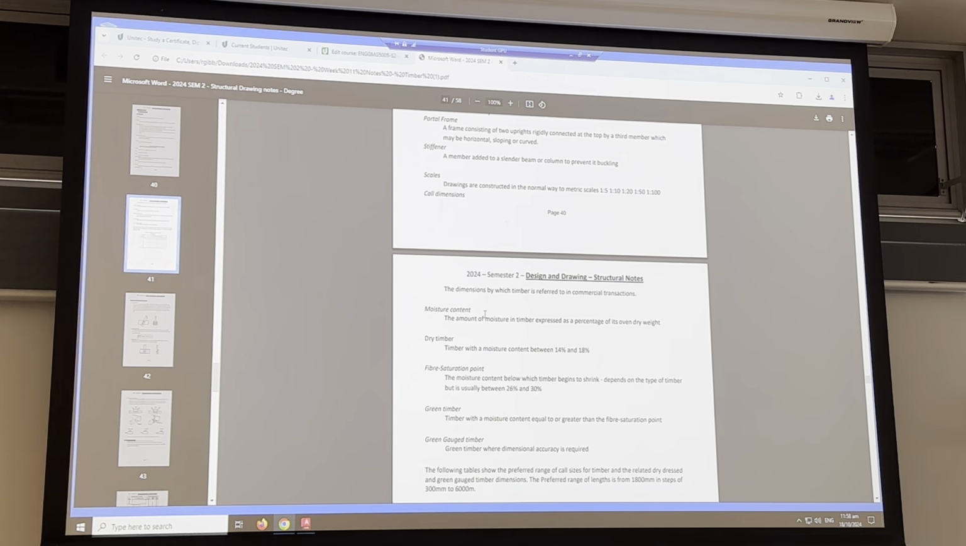There's also a question on moisture content and fibre saturation point. Now, moisture content is important in timber before you can put any coverings on it internally. You must get the moisture content down to around about 14–15%. The fibre saturation point is